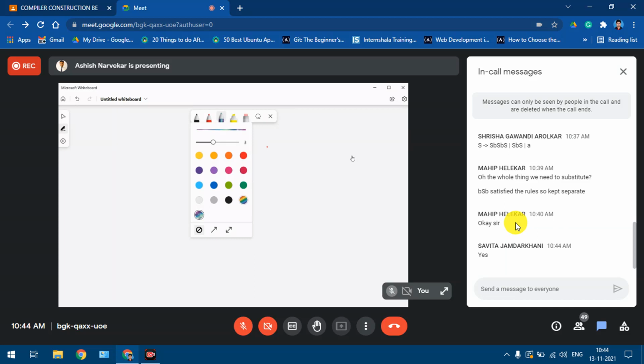As I said, let's take up another example. Now this example, we can call it a special example. You would realize it once we start solving. What we are given is this grammar.